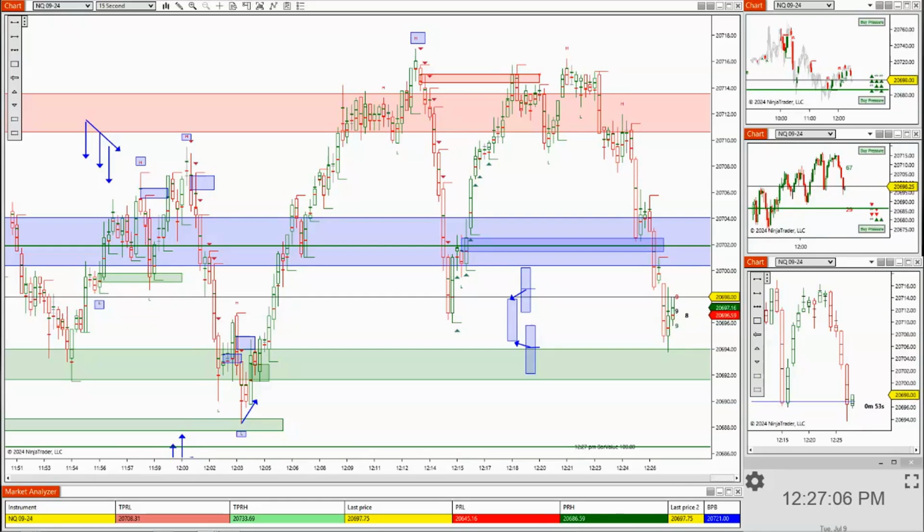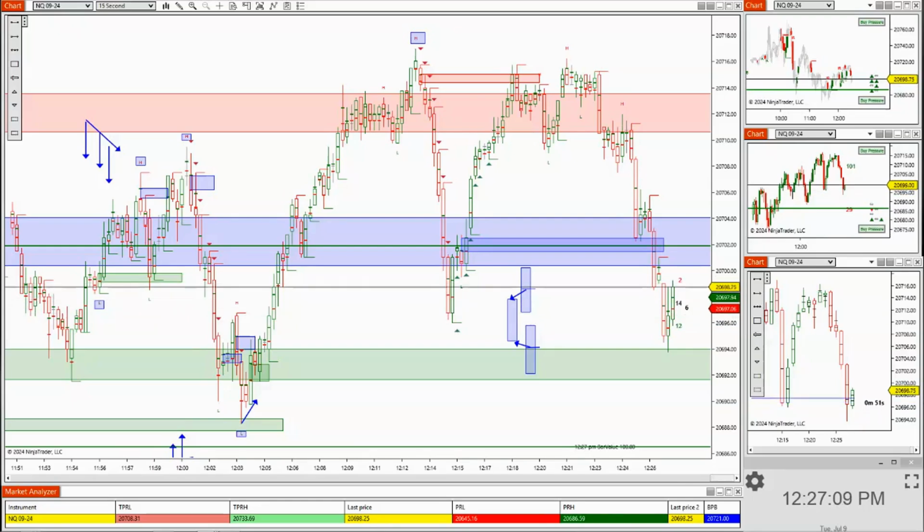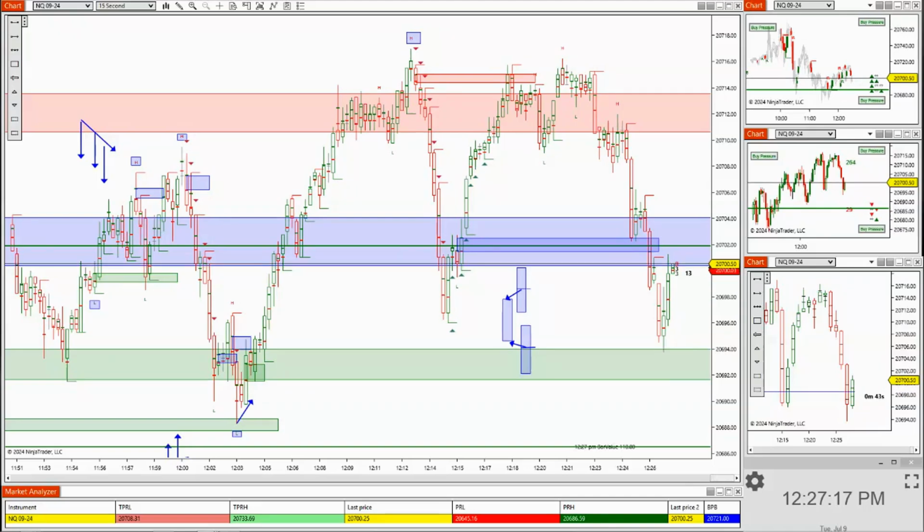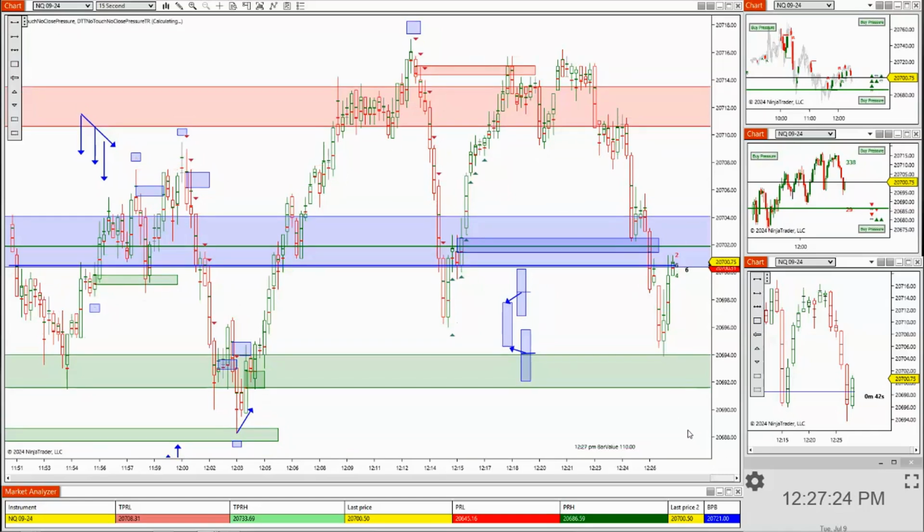Now I'm going to put the pressure up there that'll flash. This pressure is not on those charts, so I'm going to put this one on here because it's not included. So I'll put it over here. Now we're going to get the pressure that's going to flash and let us know what's happening, the thing that we've been looking for.